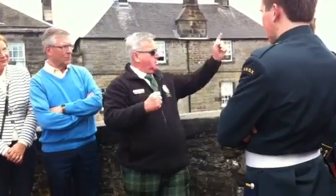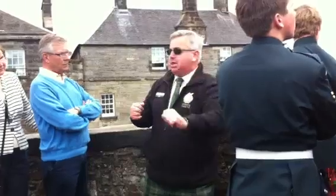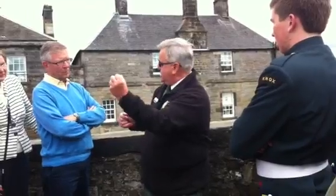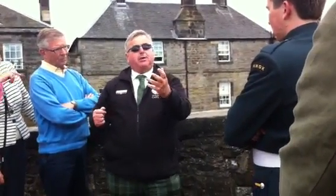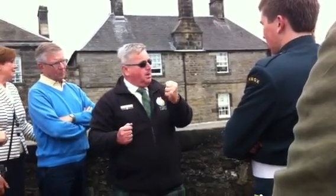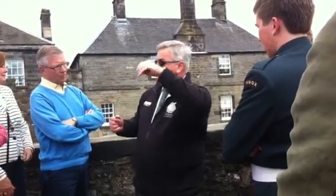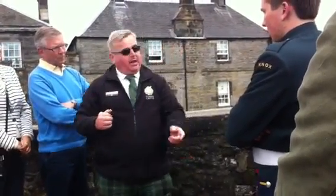at that time, folks. Now, below today, you can see the River Forth as it winds its way out to the North Sea, to the east of Scotland. Stirling itself lies at the heart of the medieval kingdom of Scotland. Stirling has been called the great brooch that clasps the lowlands and the highlands together, right at the heart of the kingdom. Even to this very day, in the 21st century, Stirling is still known as the gateway to the